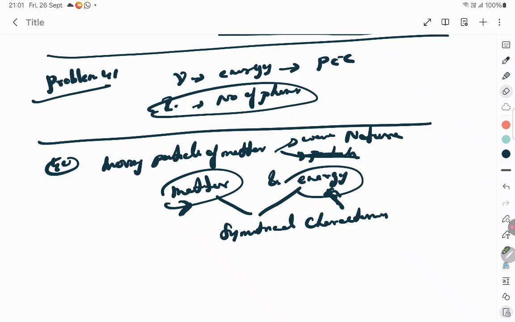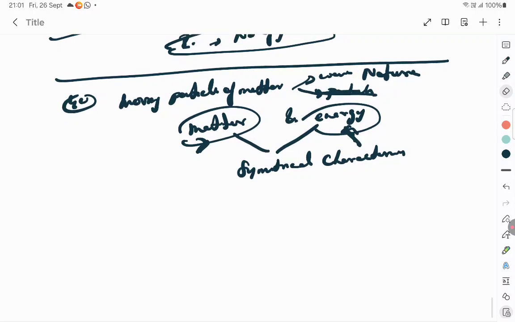So you have to write this as the reason. You should say that there is a whole lot of symmetry in the world. Nature is so symmetrical, and therefore the two basic physical entities, matter and energy, should also have symmetrical characteristics. If energy can have wave nature, matter also can have wave nature. That's all. So that's what gave rise to de Broglie's